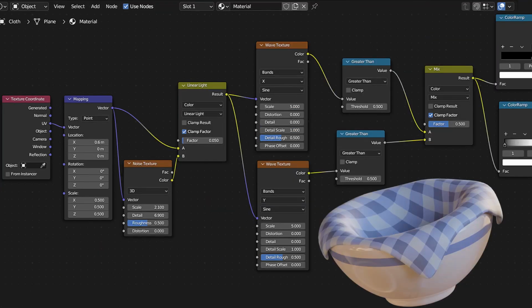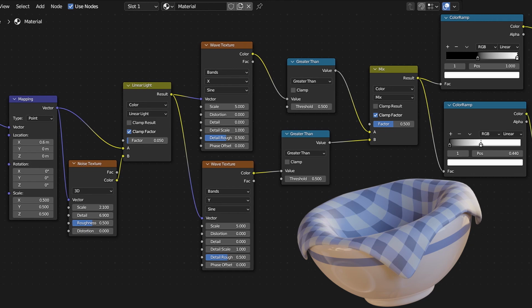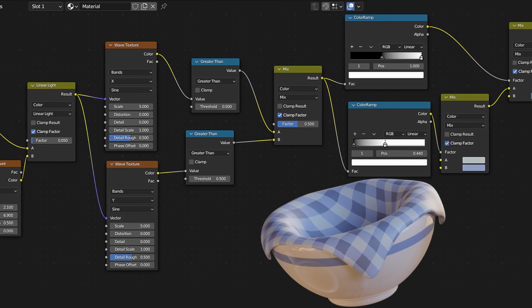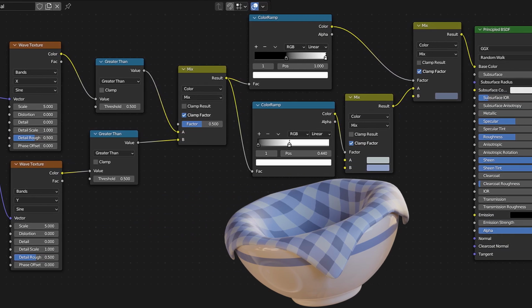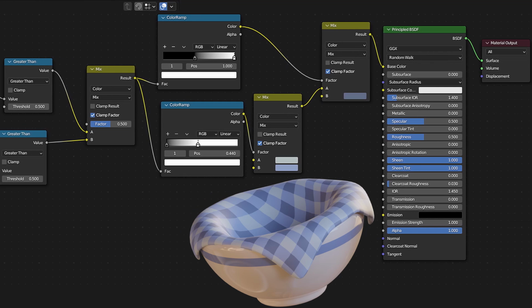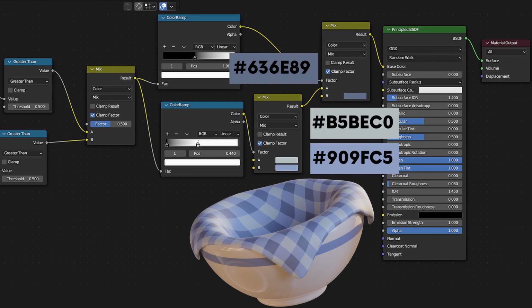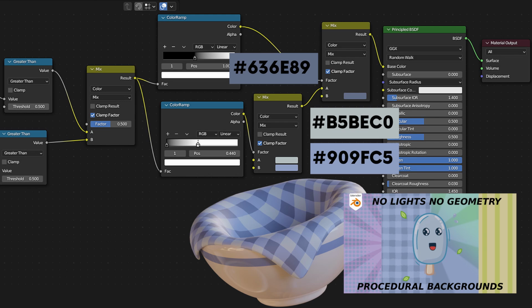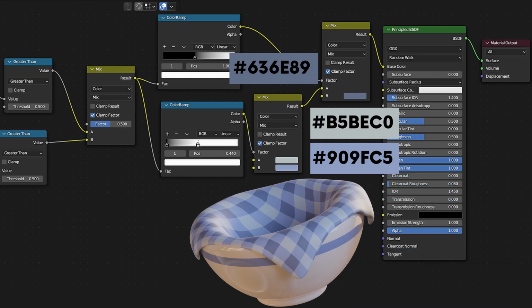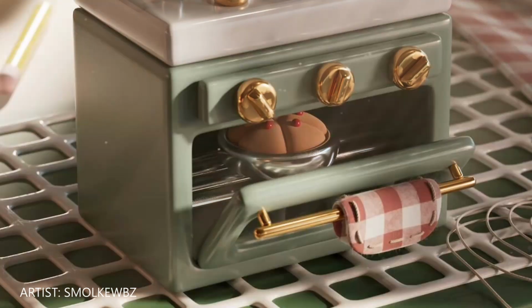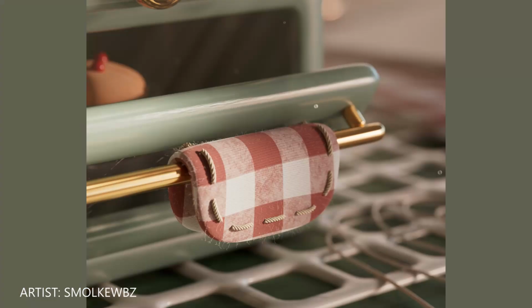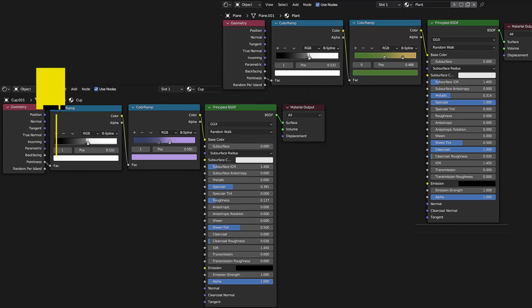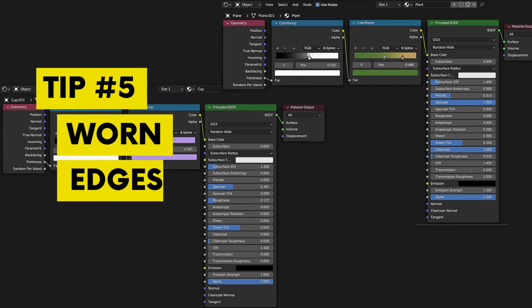Now, sometimes we do need to make more complex materials. For example, here I didn't want to use an image texture, so I learned to make this plate pattern procedurally. To understand what each node does, you can watch this video, specifically the plate chapter. Adding some hair particles to make it look like actual fabric or fur will add another layer of cuteness to your model. And last but not least, the star of the show, warm edges.